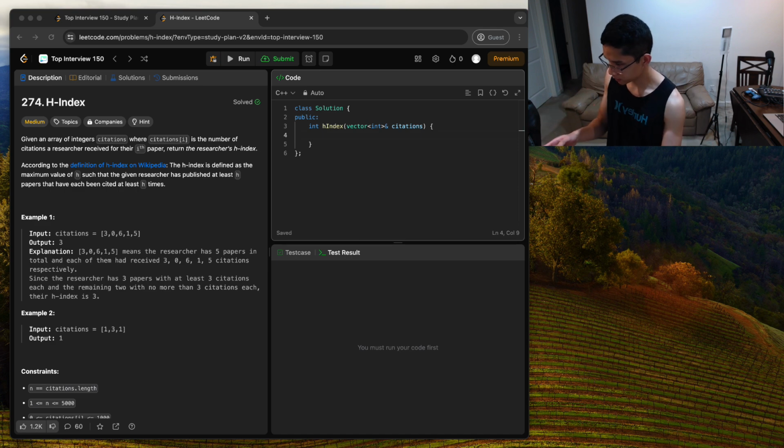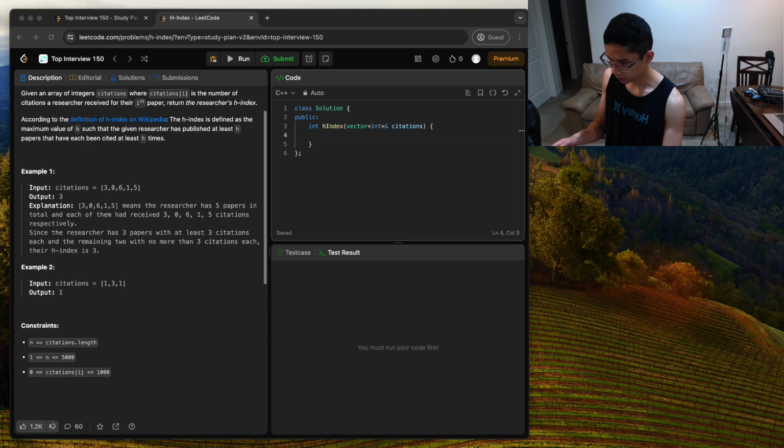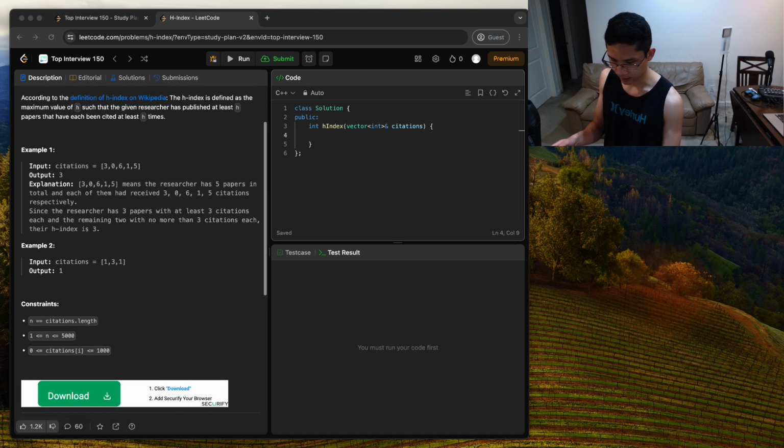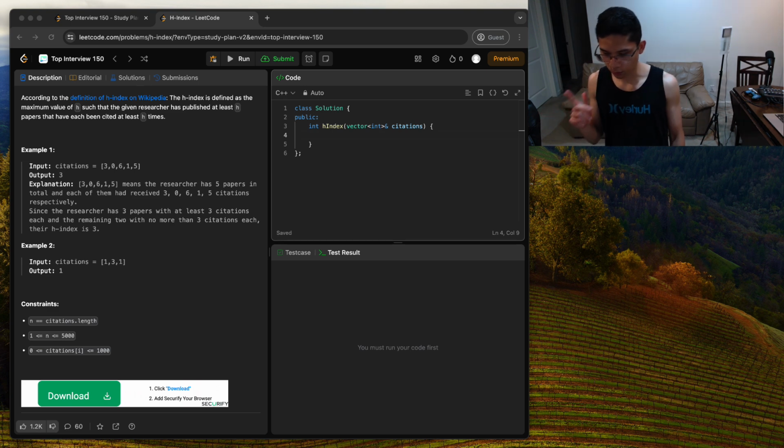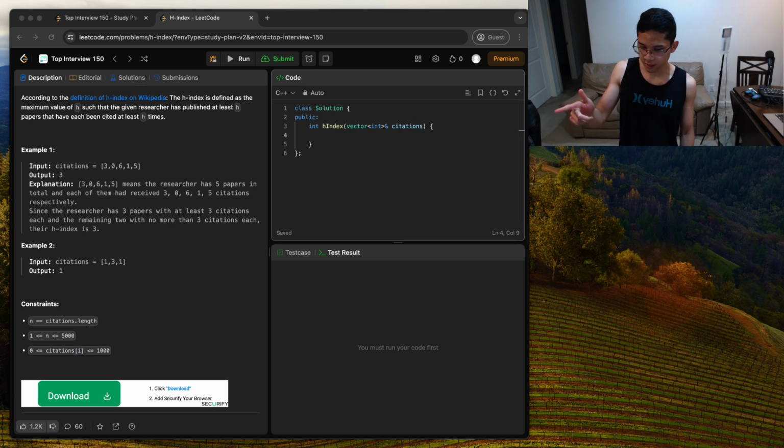The definition that they give you here in LeetCode is not the best way of looking at the solution. It doesn't make sense from a computer scientist perspective. It's literally correct, but it doesn't give you any information as to what to do. Now listen close. The true definition of the H index is